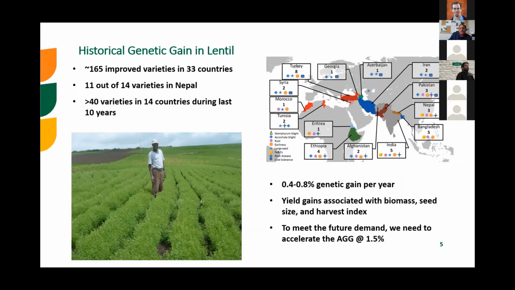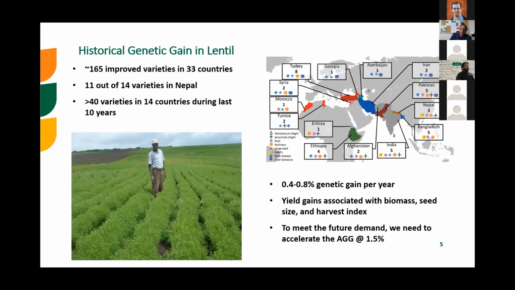But then the question comes, what is the genetic gain which we have made over the years? We have done a kind of historical analysis, and we found that across the countries, our genetic gain has been very poor, around 0.4 to 0.8% per year. And that is not sufficient to meet the future demands. These gains have come mainly from either increasing the biomass or the seed size and improving the harvest index. If we have to meet the future demands, then we have to accelerate our genetic gain,